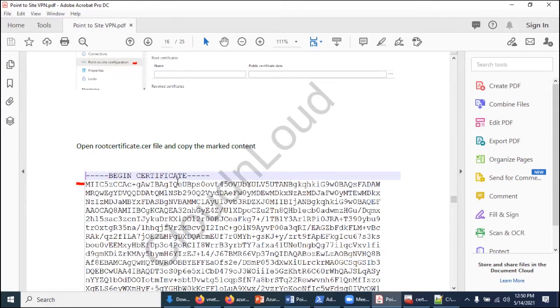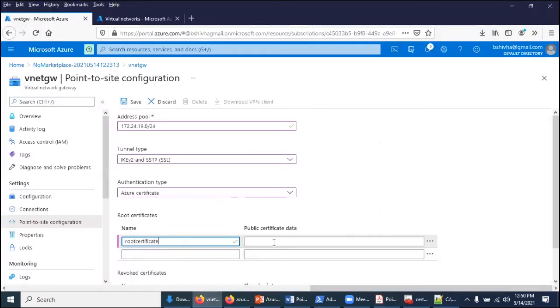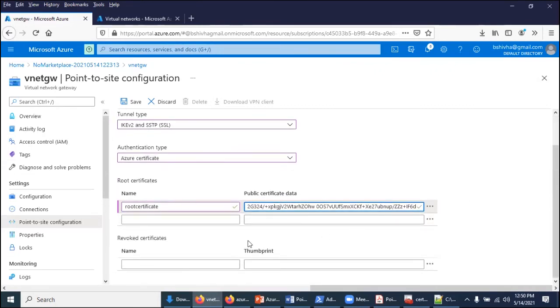So here root certificate, from this to this you copy and go back to here and paste it. Okay, so once you paste it, if you have any expired certificate, or if you suspect anybody doing some malfunction, those certificates also you can revoke here. So now I'm just going to say save.